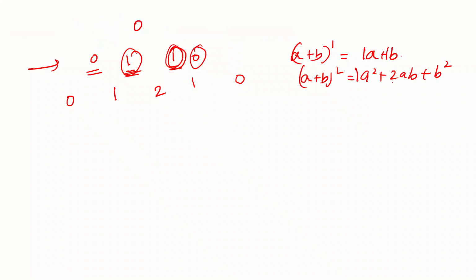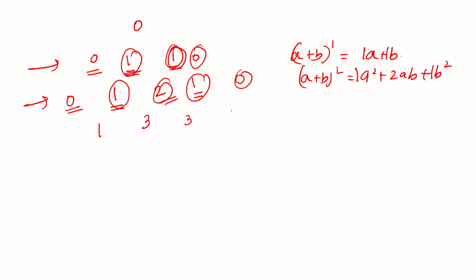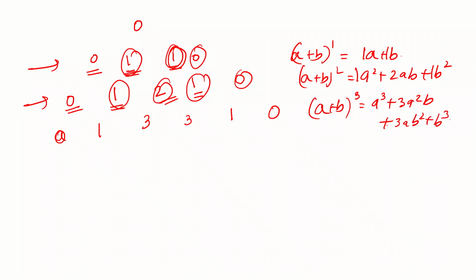So here we are having 1, then 2 and then 1 over here. These give us the coefficients, and in a similar manner we can keep on adding these two. So we again add this 0 and this 1, so we get 1. We then add this 1 and this 2, we get 3. We again add this 2 and this 1, we get 3. We add this 1 and then 0, we get 1, and the extreme ends you always put 0. Sorry, this is 0 and again 0. So this now gives us the coefficients for (a + b) whole cubed. It is a cubed plus 3a squared b plus 3ab squared plus b cubed. So the coefficients are 1, 3, 3 and 1.